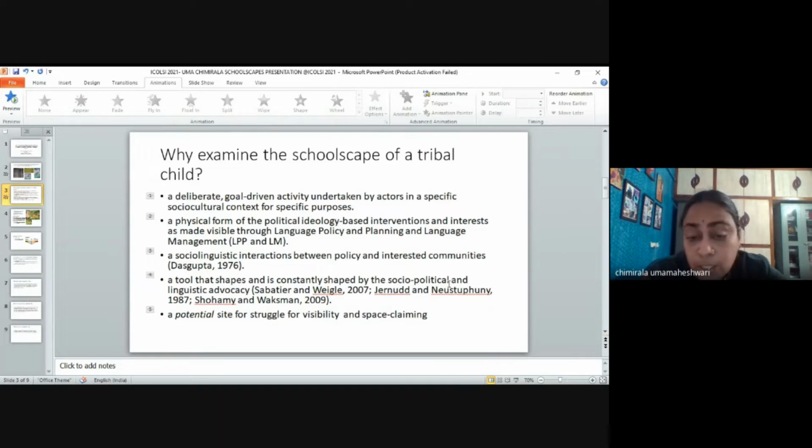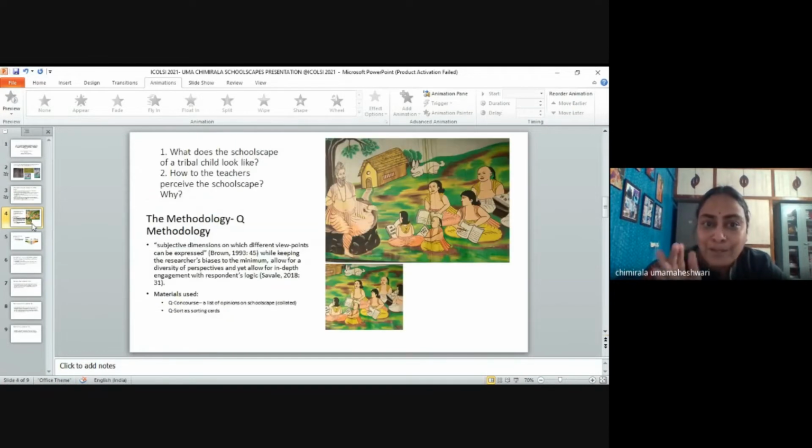But there are scholars like Professor Elena Shohomi and Tom Hubner who say that a schoolscape is not an ordinary place. It is a potential site for a struggle for visibility and space claiming. Visibility from the top is to make the policy visible, from the bottom is to make place for what they believe is important. Therefore, when you walk into schools and you begin to see signs like this,